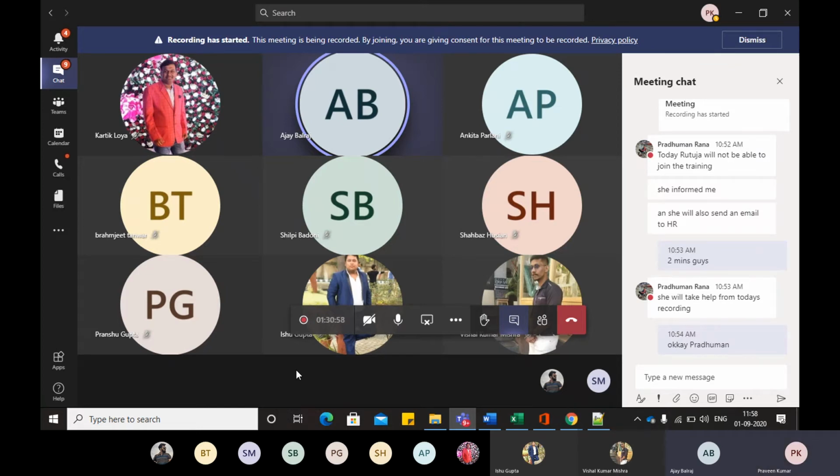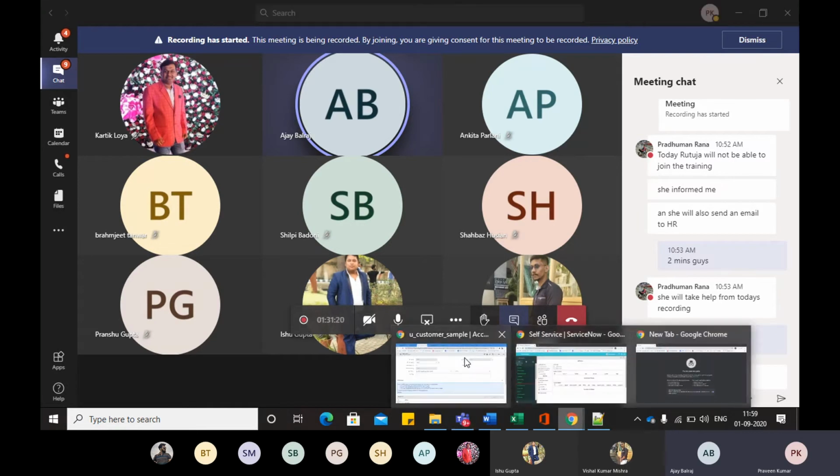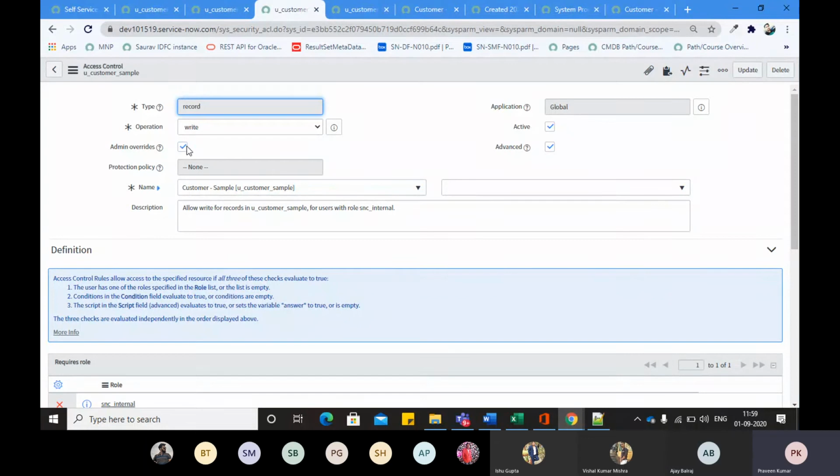For that purpose, you will first create an ACL for create, then you will create an ACL for write. In that write you can control whenever there is an update on the table. Here I created write table, and write means update, right?